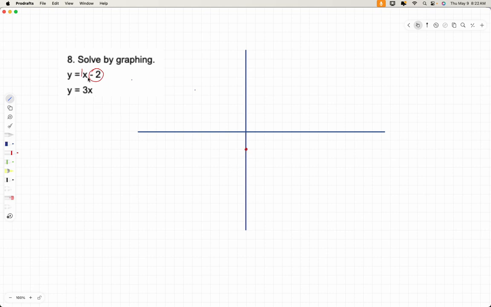Okay, now the slope is 1. 1 over 1, we can make that a fraction by putting it over 1 because it's a whole number. So it's up 1 over 1, up 1 over 1, up 1 over 1. There's our line, and I'm just going to draw my line through those points. There we go. That was pretty good.